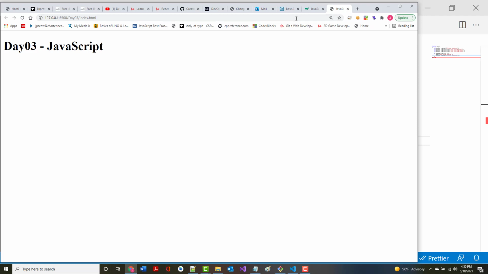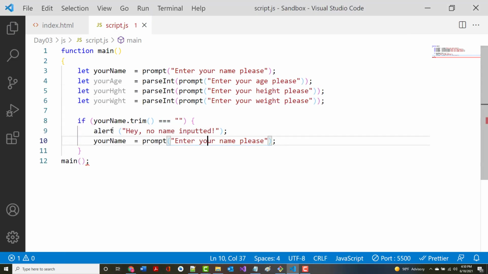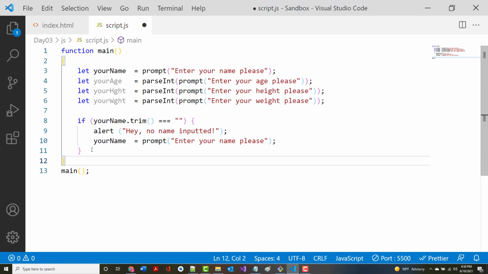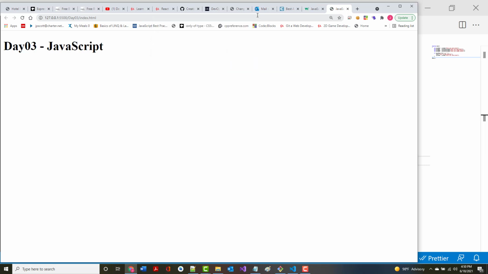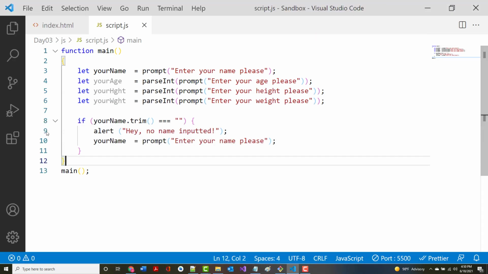So let's come in there, and as we've been doing, well, it doesn't like something, so let's see. Lost that. So try it again. All right, so enter your name, please. I'm going to leave it blank. Enter your age. I'll leave all of them blank. Hey, no name inputted, so it's asking me to do it again. Jeff. Don't worry about the fact that it didn't give me any input or output or anything. That's fine. Okay, but if I get down to here,